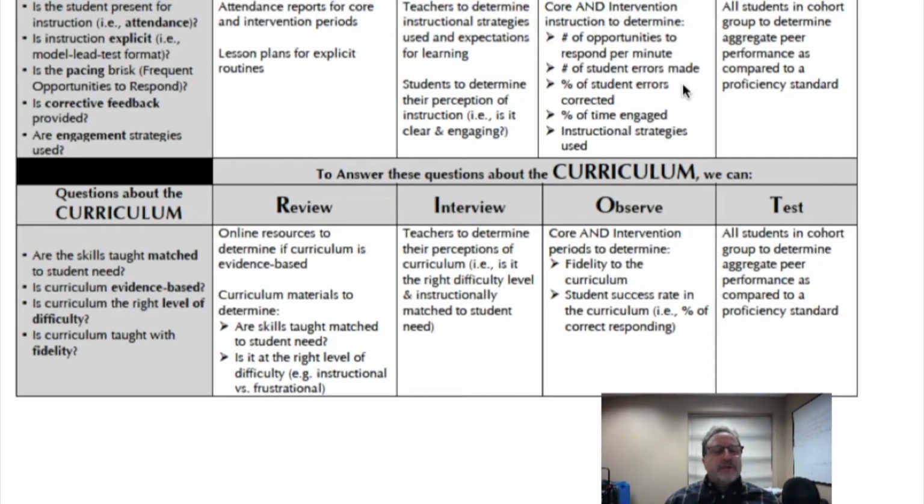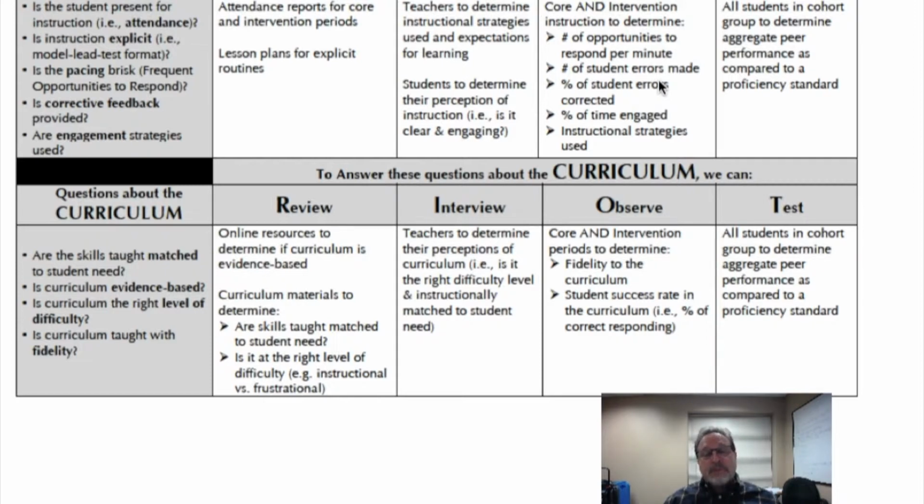Then observation. It's really critical that we have a direct observation of what's going on in the classroom so that we can really pin down, with more detail, what the student's behavior and functioning is during those academic activities and otherwise, as well as what the instructional delivery is like from the teacher perspective. Are there opportunities to respond?